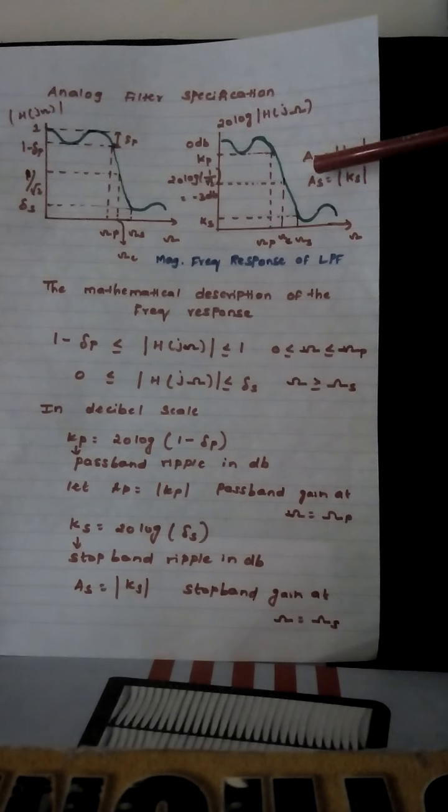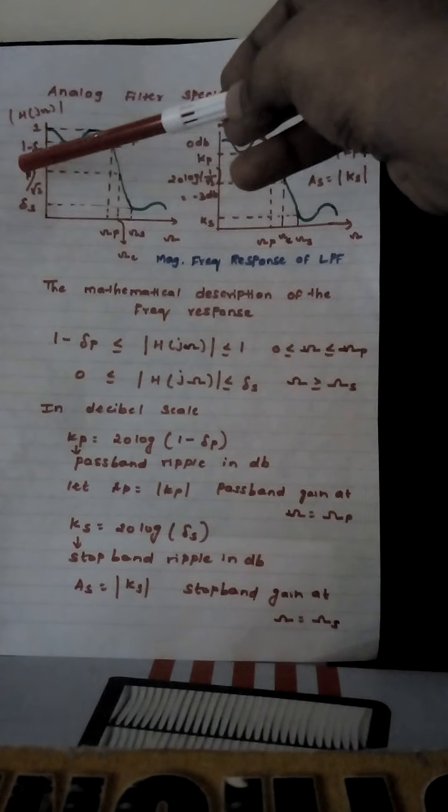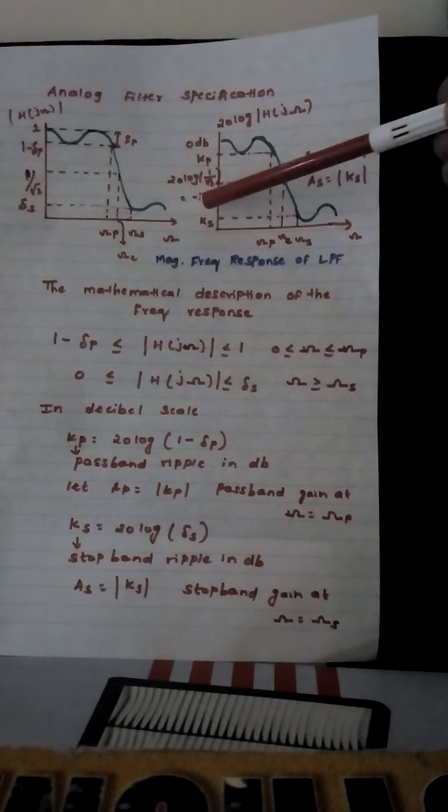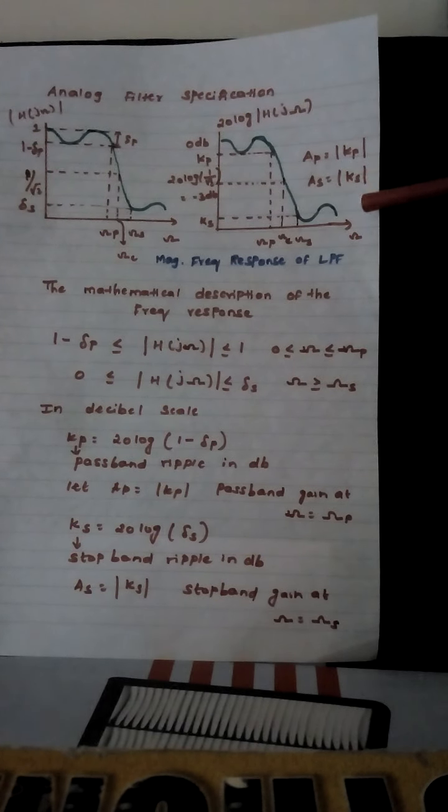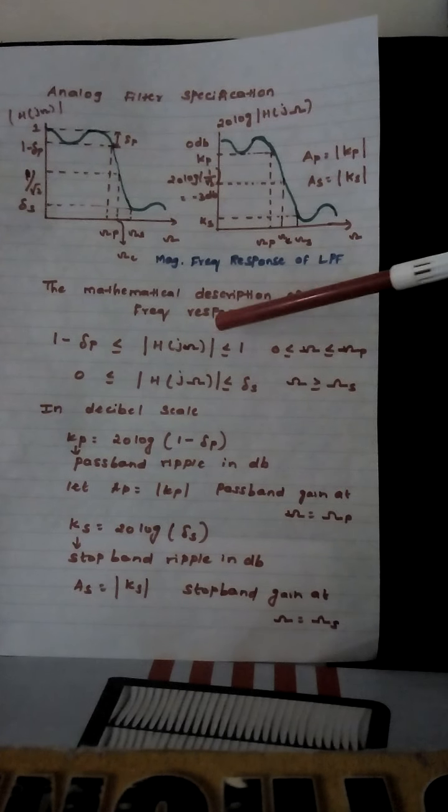AP is the passband attenuation. Similarly, 20 log of 1 by root 2 is -3 decibels, and 20 log of delta S we take as Ks. So Ks is nothing but AS, and AS is the stopband attenuation. So everything is converted into a decibel scale, and for the mathematical description of the frequency response,